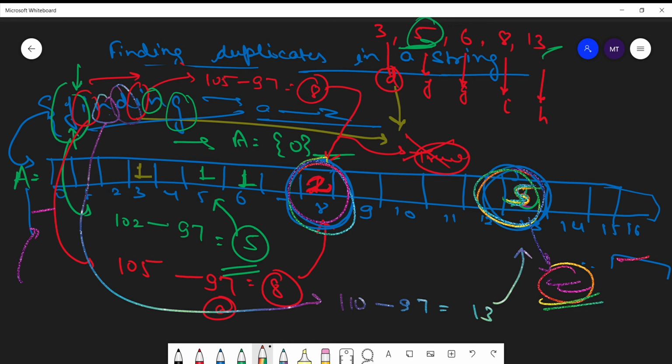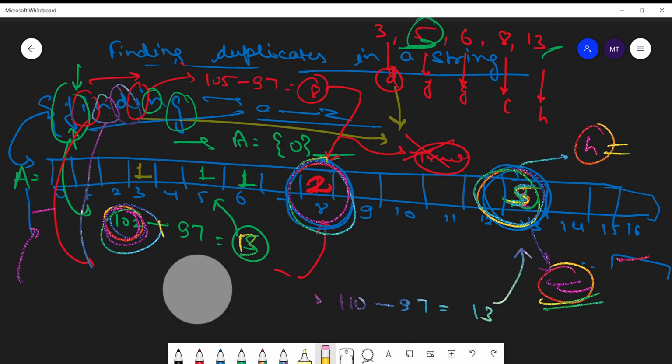But there can be another problem also: which element or which character is the most repeating one. So get the maximum value in that array, like if there was a 5, then it will return 5, and the relevant character will be the most repeating character. Let's say it is at the 13th index, that means there was an ASCII value in which if we add 97 we get 13's character. Then we will get H. So we can return H as the most duplicated character in that string. So that was the concept.